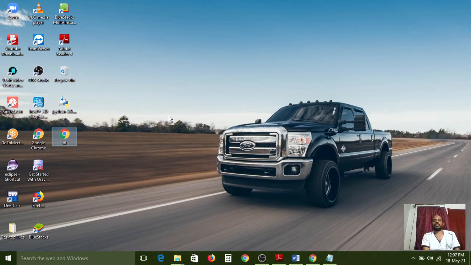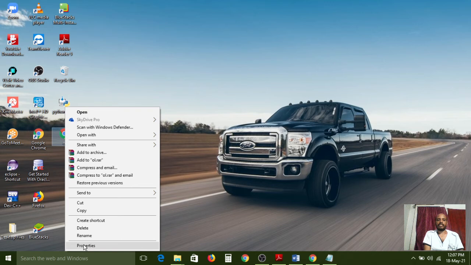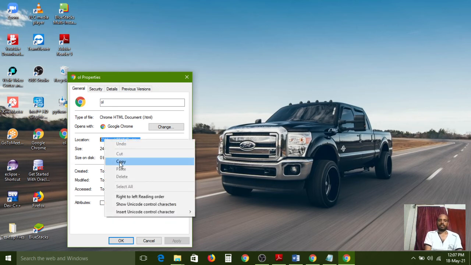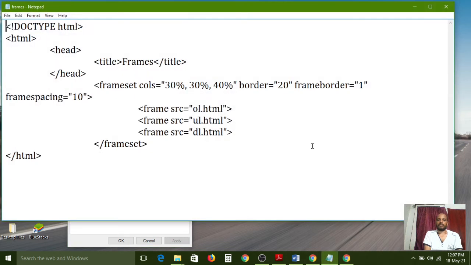How to copy the path address, the file address: right click on that file, because it is available on the desktop. On that file, just right click and choose the Properties option. After that, copy this entire location, C drive, Users, Desktop, the entire location. Copy from here. Don't type anything, because if you type, you will simply make a mistake. Just copy from here, and simply paste it.